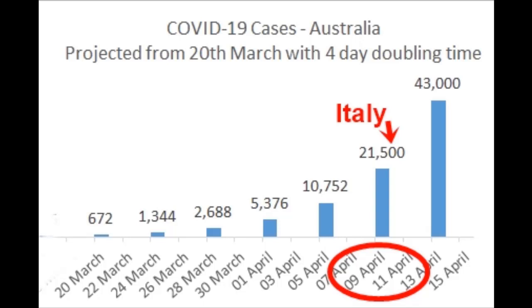So let's look at where Italy is now. They're around about 24,000 cases on the 16th of March. Now, Italy went from our case count of around 300 to 24,000 in 19 days. Around 27th of February, they were where we are now. And then in 19 days, they got up to 24,000. Now, interestingly, if we look at where we are now and then we project forward to the 9th of April, that is 23 days. So you can see at the moment, we're on about the same trajectory as Italy.